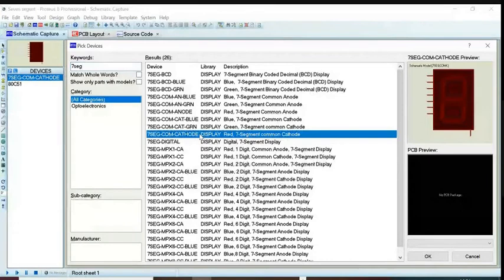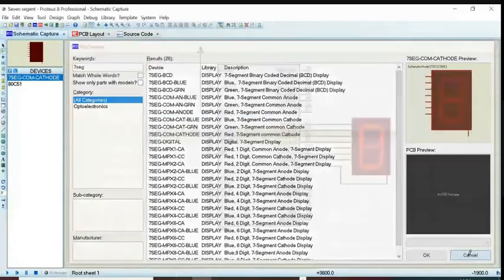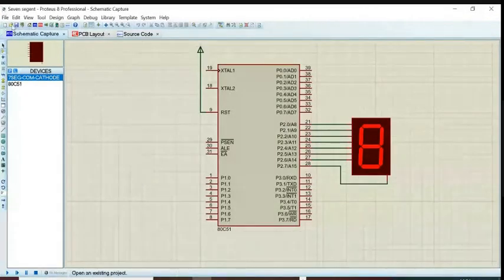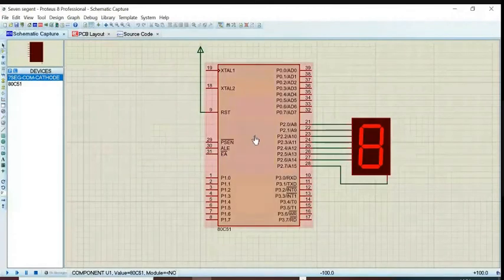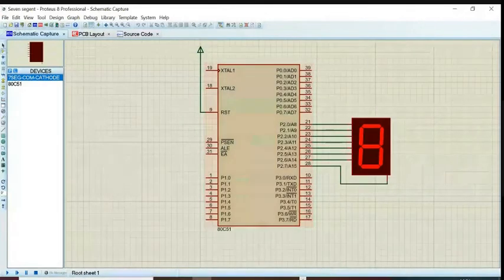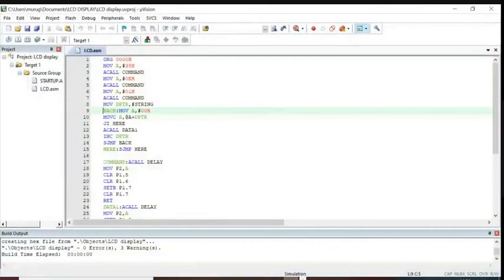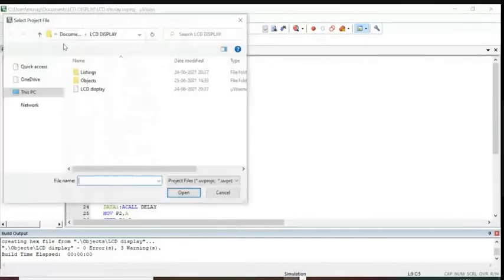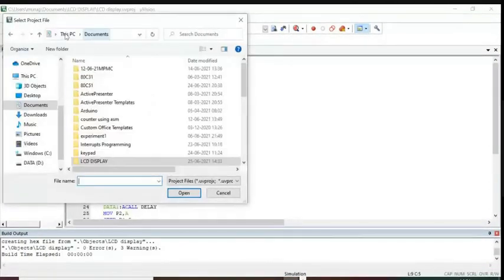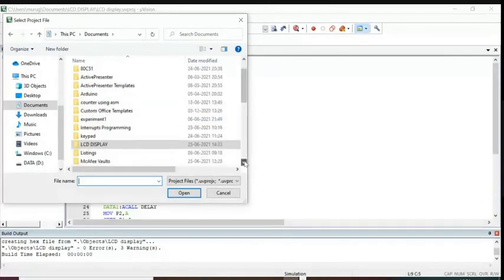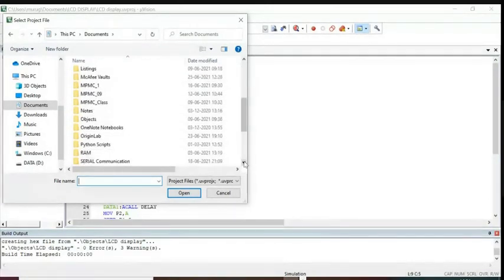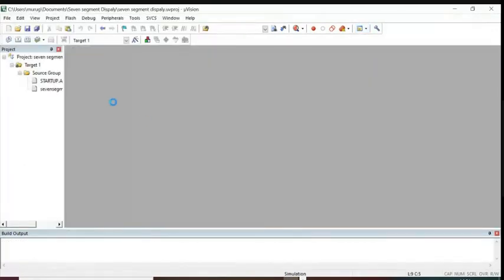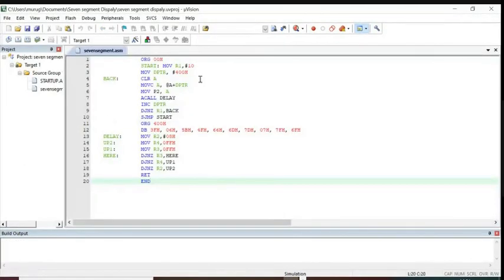This one I have to pick and make the connections. So before that, project, 7-segment. So this is the program.